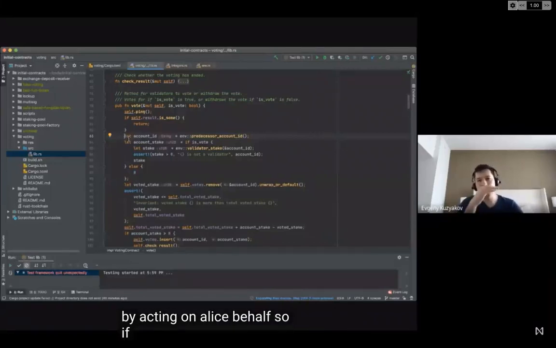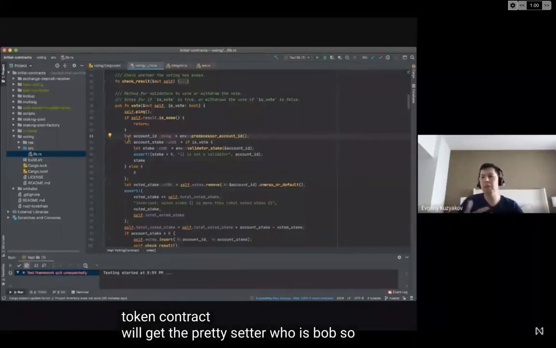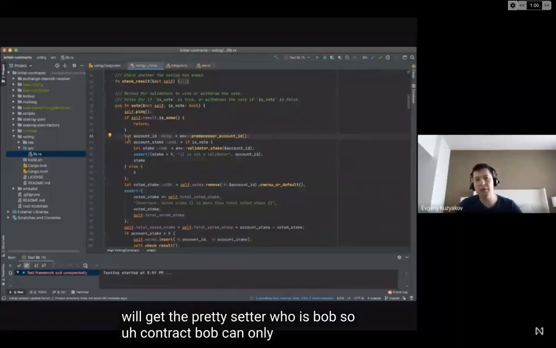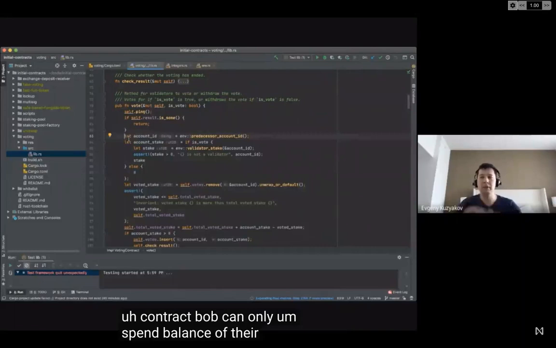So if Bob would try to do this, then the token contract will get the predecessor who is Bob. So contract Bob can only